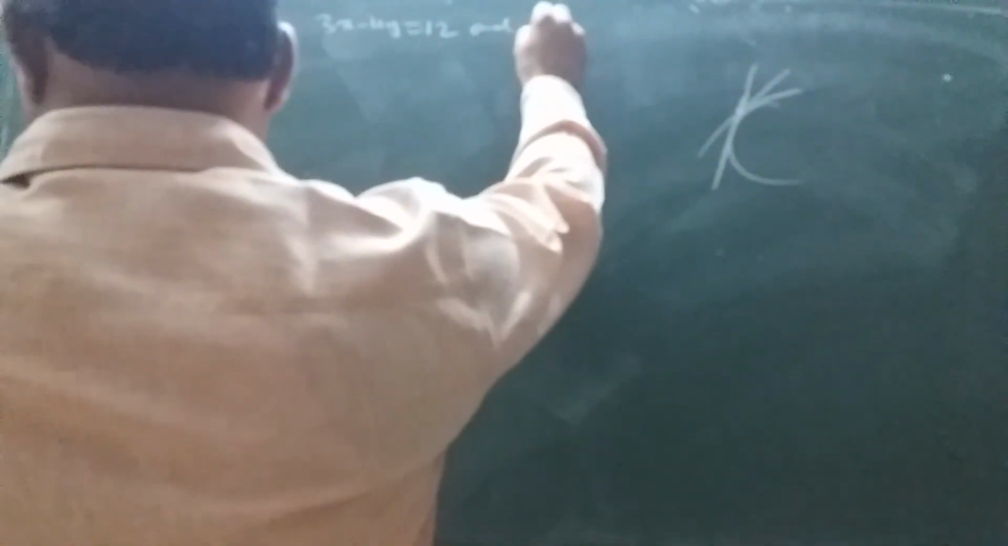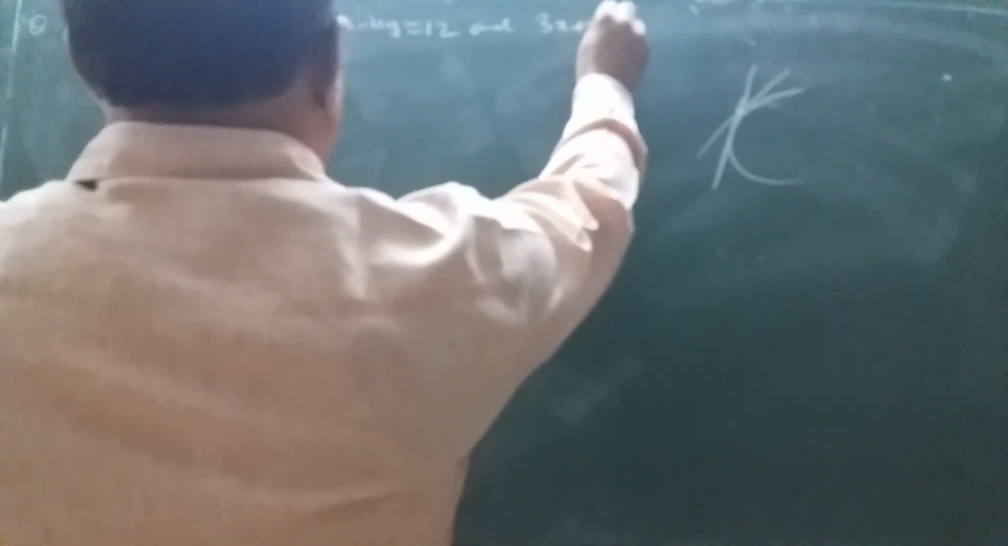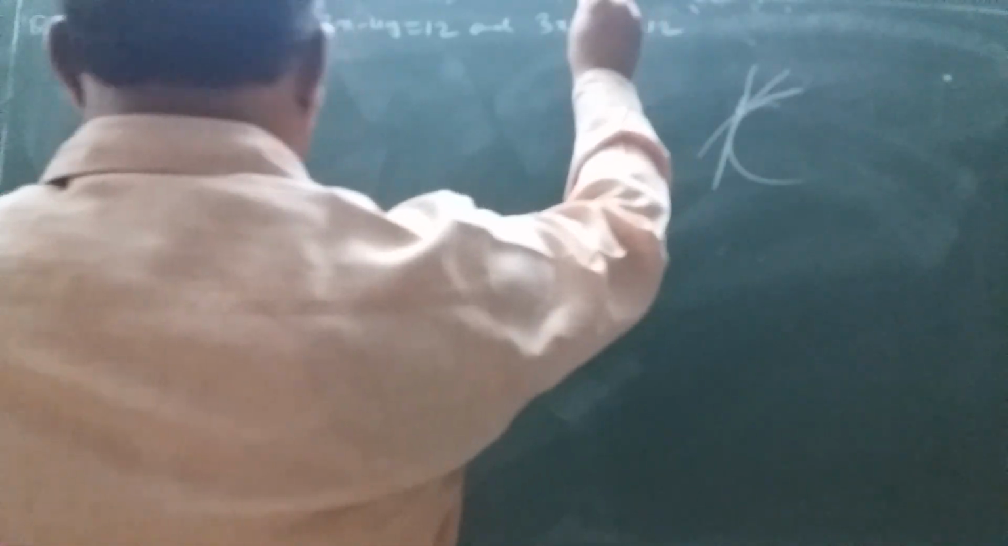For this very simple problem, I will write the problem here. If this is a 2 marks problem: if the lines 3x minus 4y is equal to 12 and 3x plus 4y is equal to 12 meet on the hyperbola